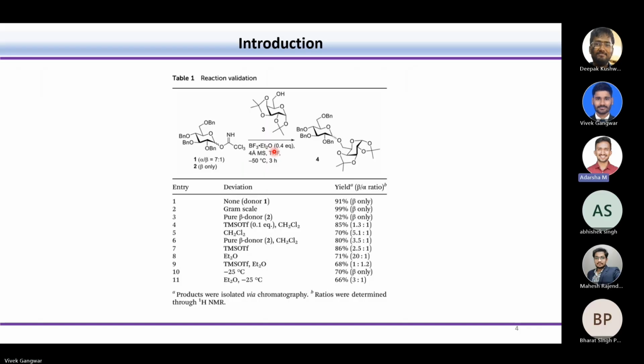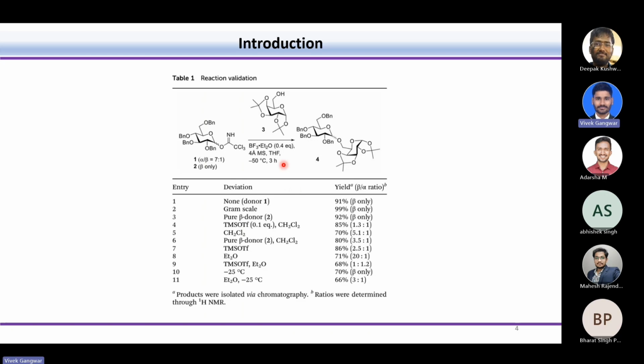If you see entry 9, there is diethyl ether they have used. But they used it with TMSOTf here. The activator in entry 8 is different. In entries 8 and 11, you see, both have used diethyl ether, but only in that case